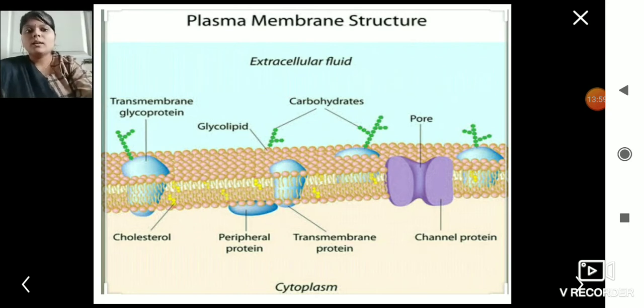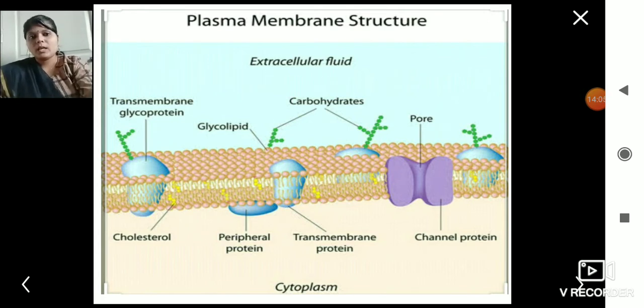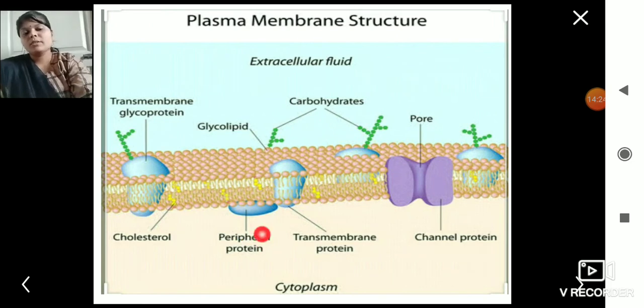Here are the different kinds of proteins that you can differentiate depending on the place where they are situated. This is the transmembrane glycoprotein, which is completely embedded inside the plasma membrane. This is the glycoprotein on the top, which is made up of glucose. This is the peripheral protein, which is embedded and not seen outside the cell. That kind of protein we call a peripheral protein, because it is only in the peripheral region. Transmembrane proteins are throughout. That's what we have seen here also, no? So this is completely in and outside.